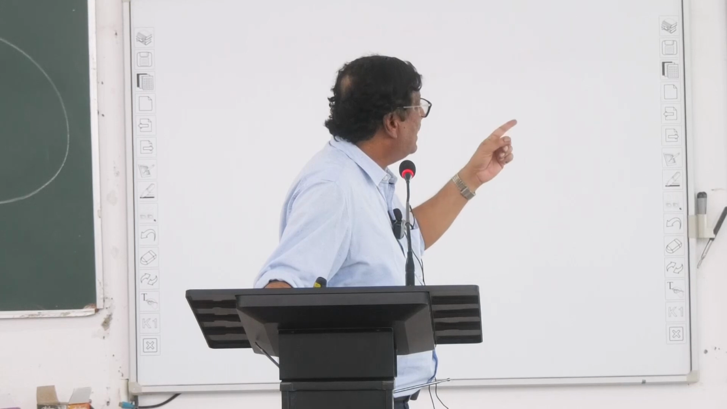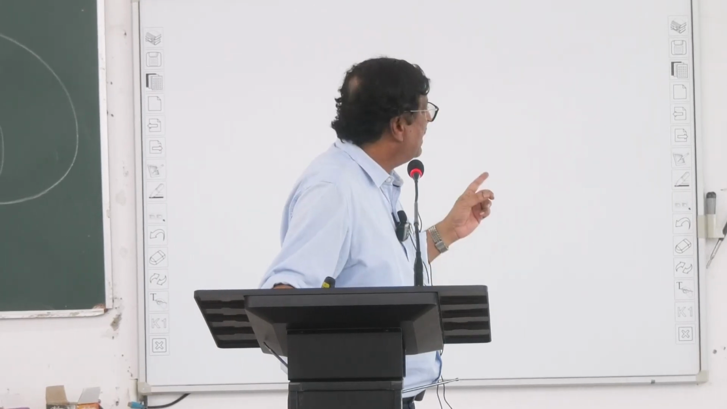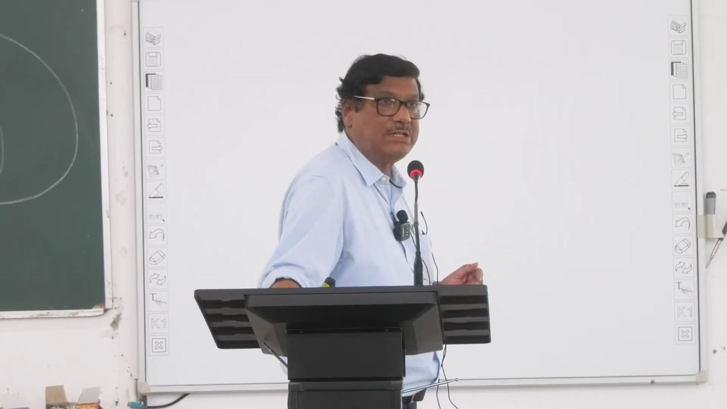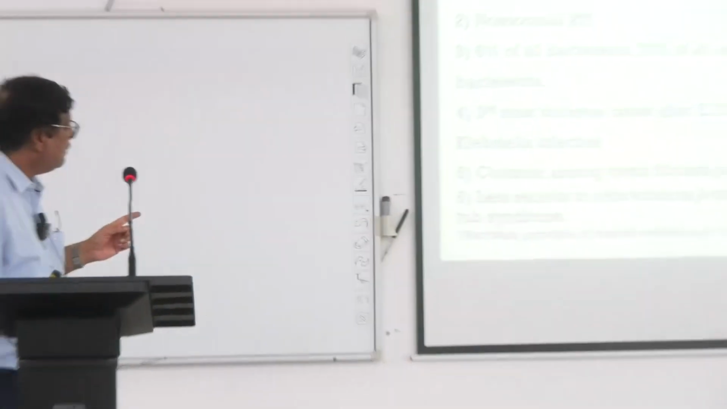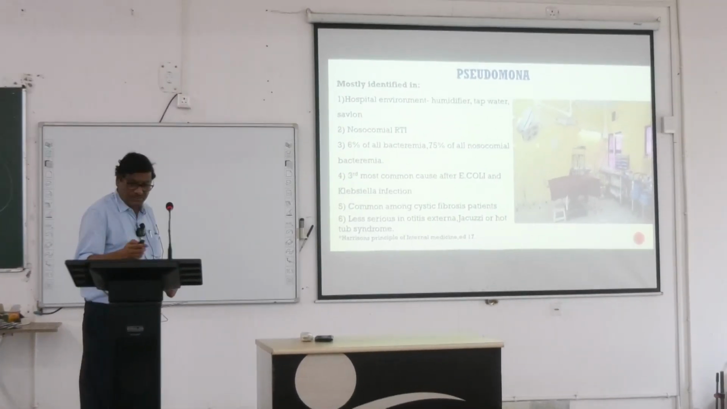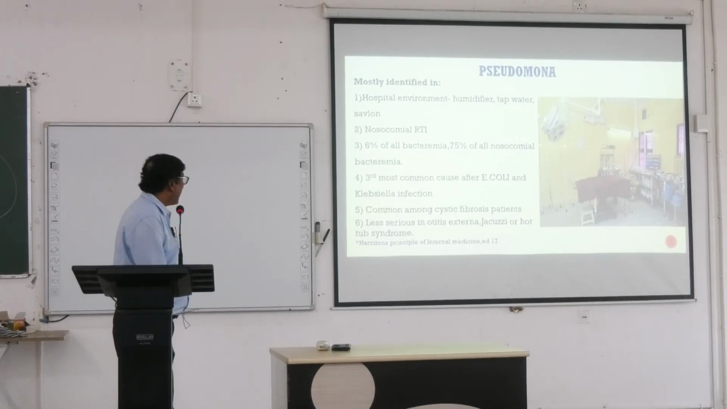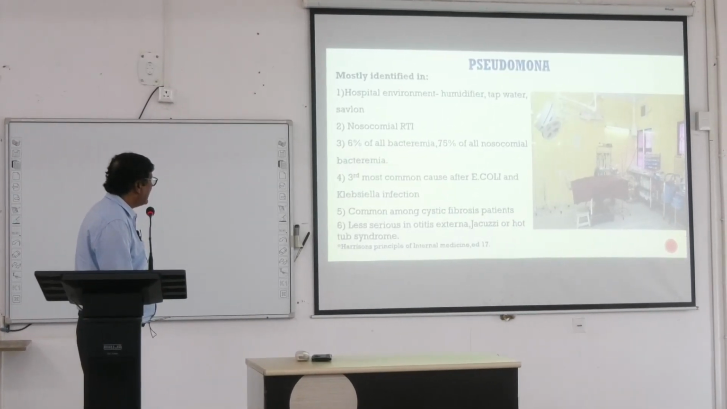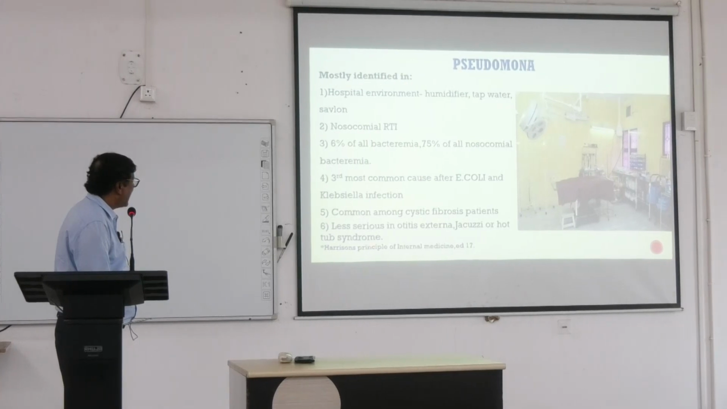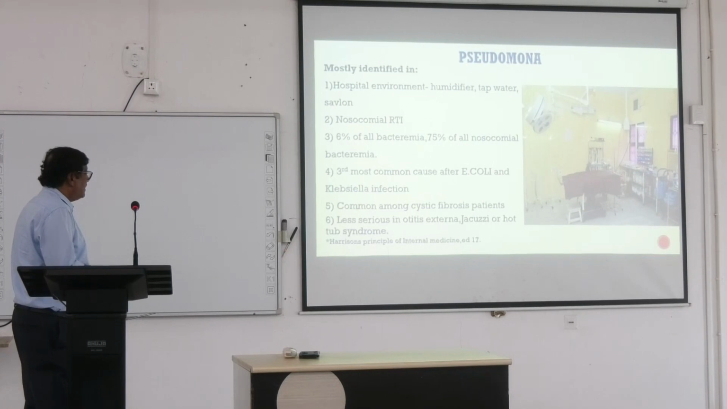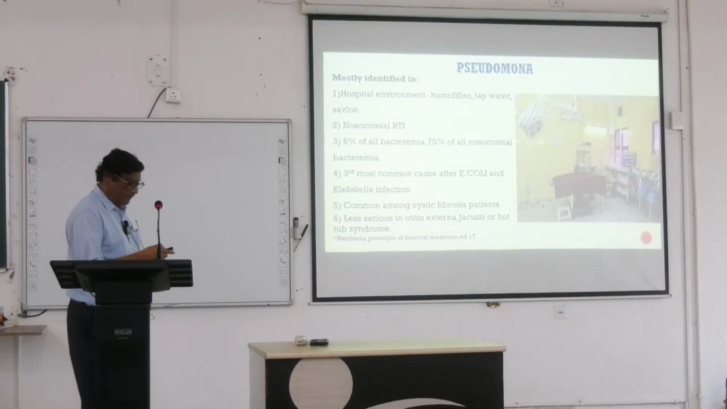6% of nosocomial respiratory tract infections and 6% of all bacteremia, 75% of all nosocomial bacteremia. Third most common cause after E. coli and Klebsiella infections, and common among cystic fibrosis patients. The cystic fibrosis patient, and less serious ones such as otitis externa, jacuzzi, and hot tub syndrome for the sportsman. And this is written in Harrison's textbook of 17th edition